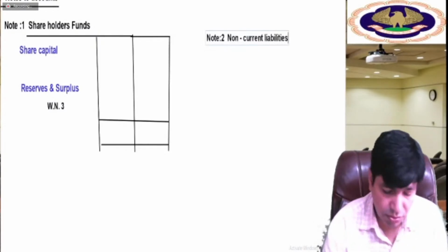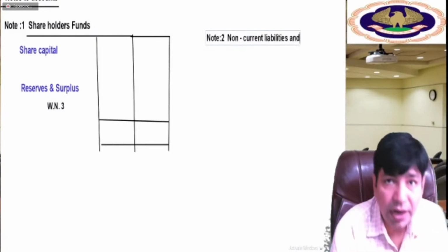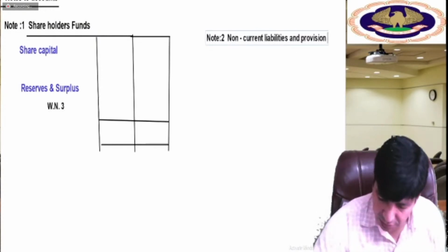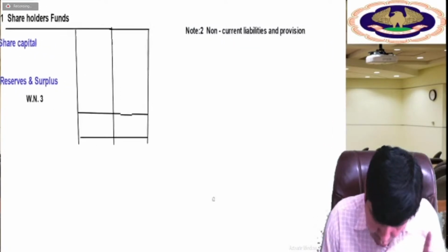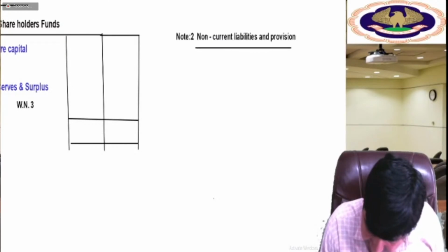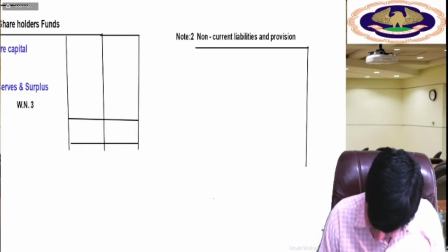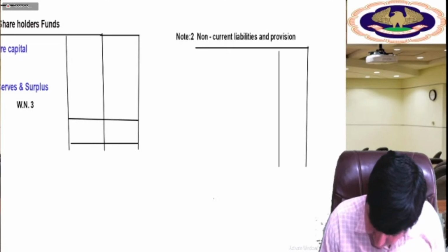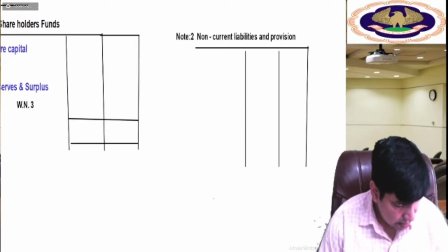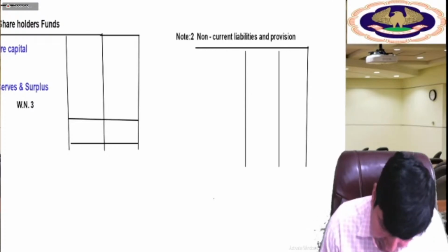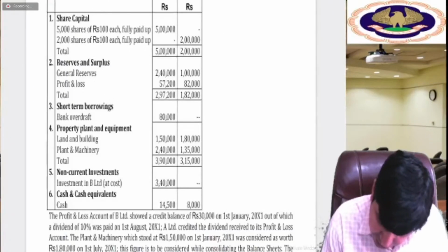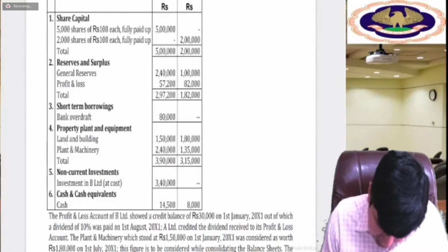Beta, there is a working note and provision for minority. Okay, Namrata. So, beta, please do the solution. Please always solve the question with presentation. The way you must present your answer in the exam, in the same way you must practice in the class. So non-current liabilities and provisions are also there. And what are the things we are having in non-current liabilities and provision? See, there is